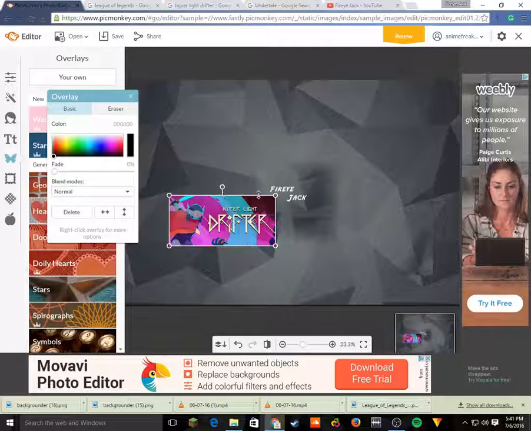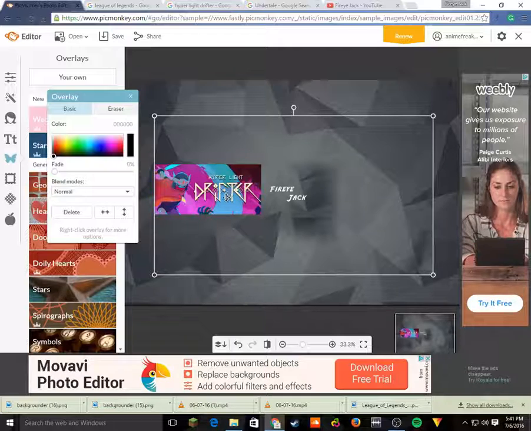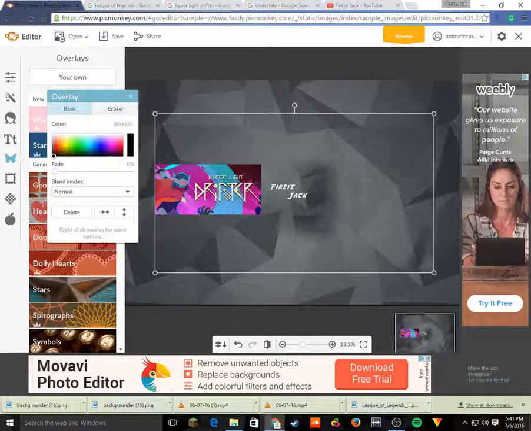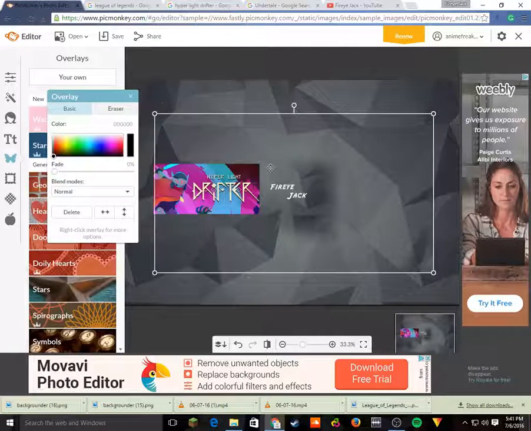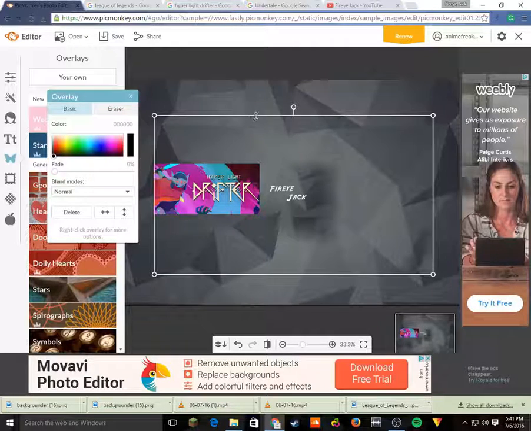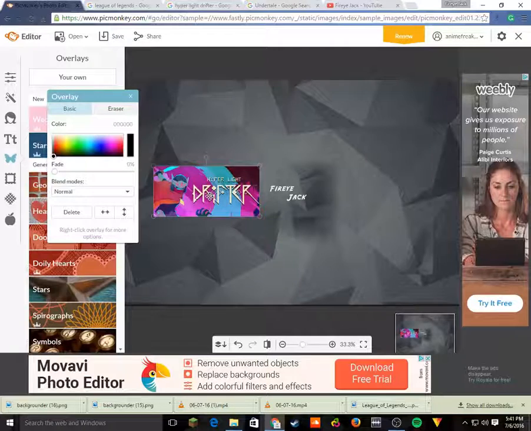So you can make it as big or as small as you want. Just keep it in the center area. Oh crap, I'm moving the wrong overlay. Keep on moving the wrong overlay. So after that, you